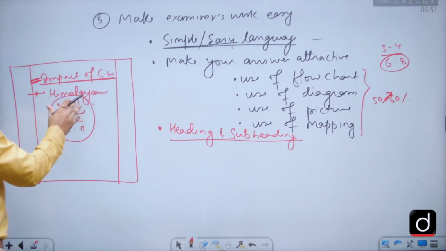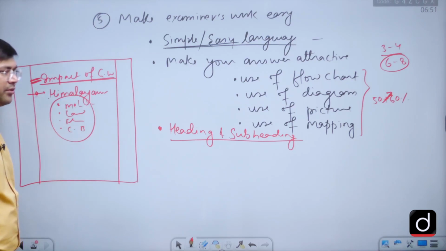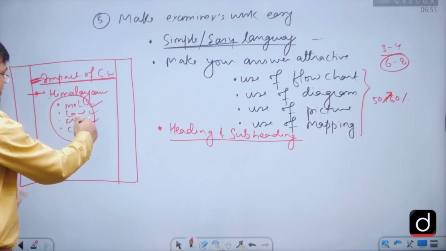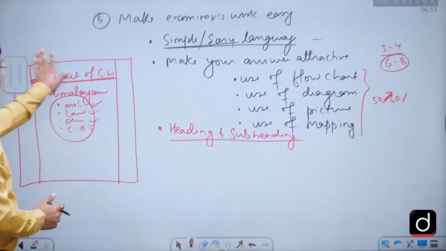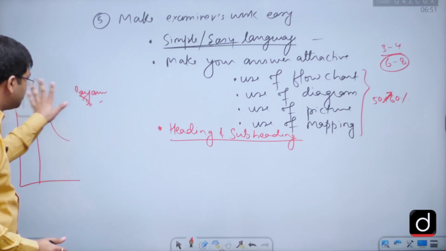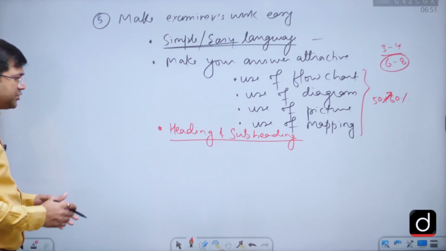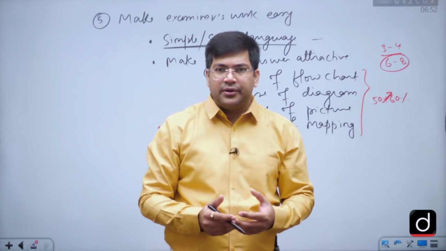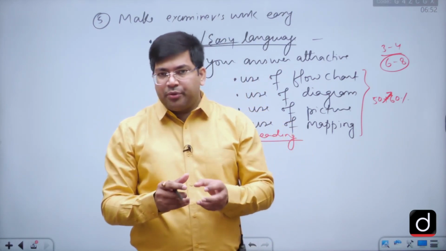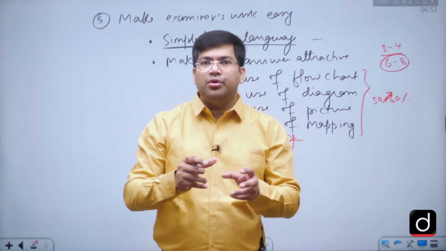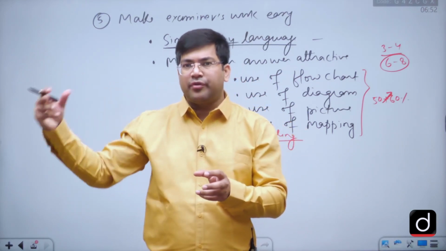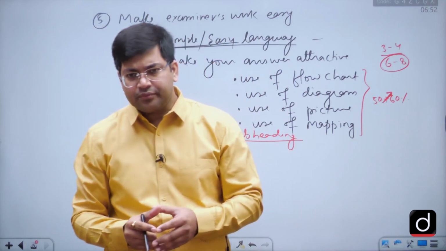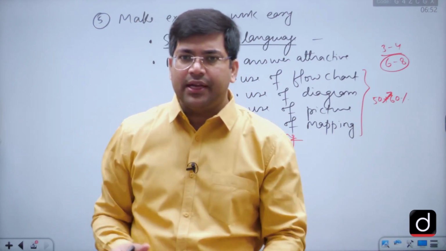It will make your answer really attractive, easy to understand, and the examiner will appreciate this. So there should be a mixture of sentences, points, bullets, and diagrams in your answer. Next, whenever possible, as we talked before, try to link your topic from the historical perspective and from the futuristic perspective as well. So your answer should be in that frame.